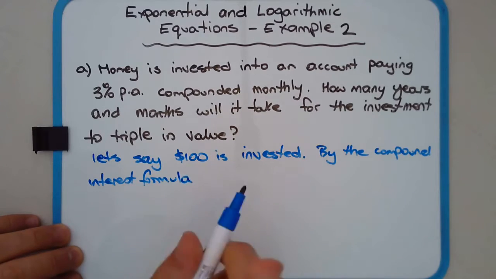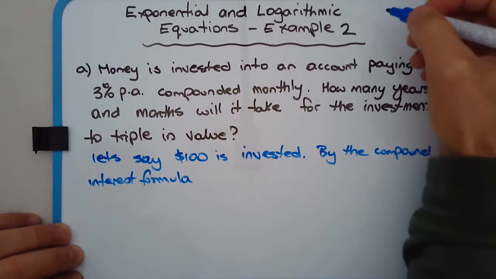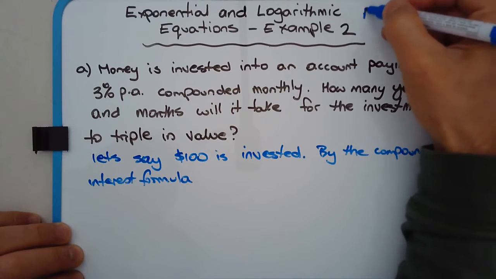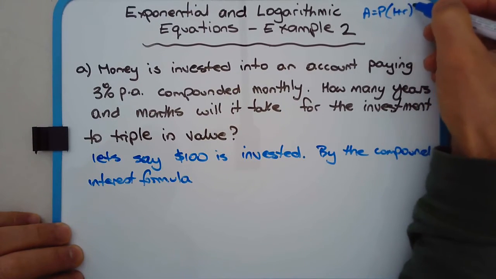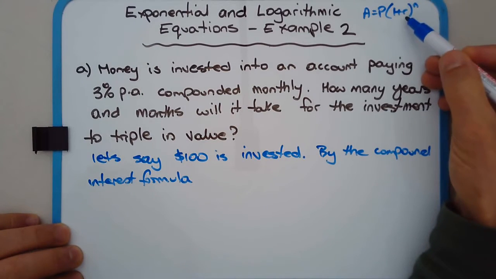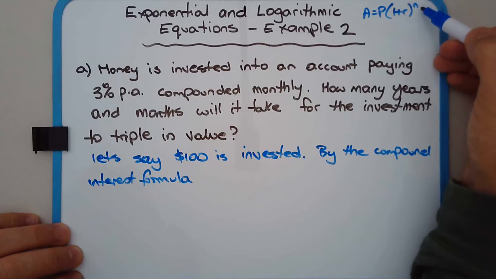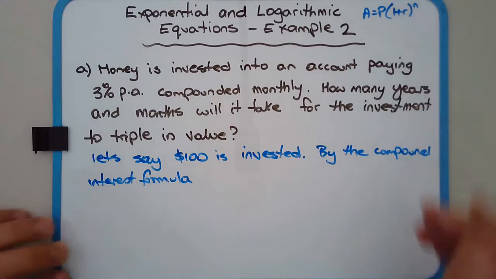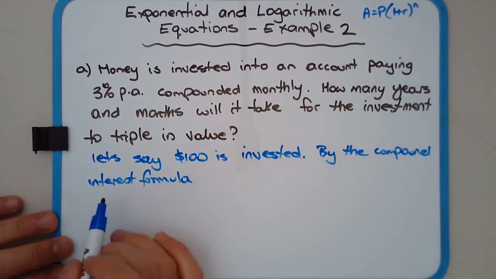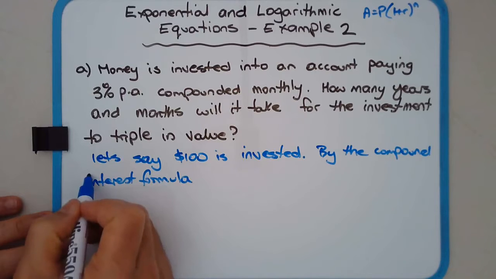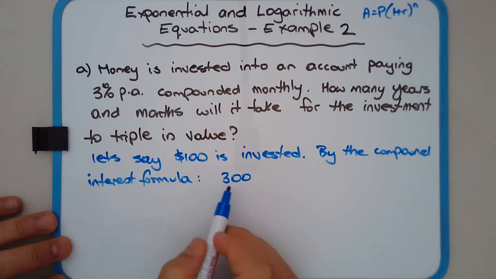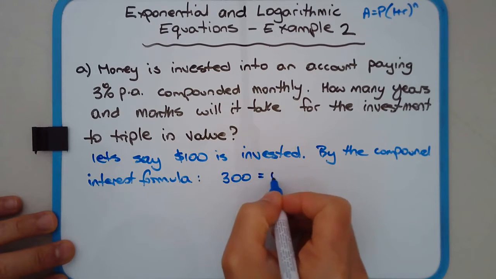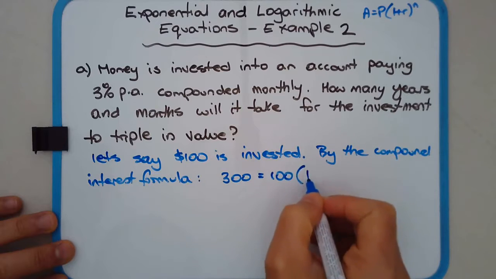Now, if you're not sure what the compound interest formula is, it's A is equal to P outside of 1 plus R to the power of n, where R is the interest rate per period and n is the number of compounding periods. By the compound interest formula, we want to work out how long it's going to take for the investment to be worth $300. So 300 is equal to 100 outside of 1 plus